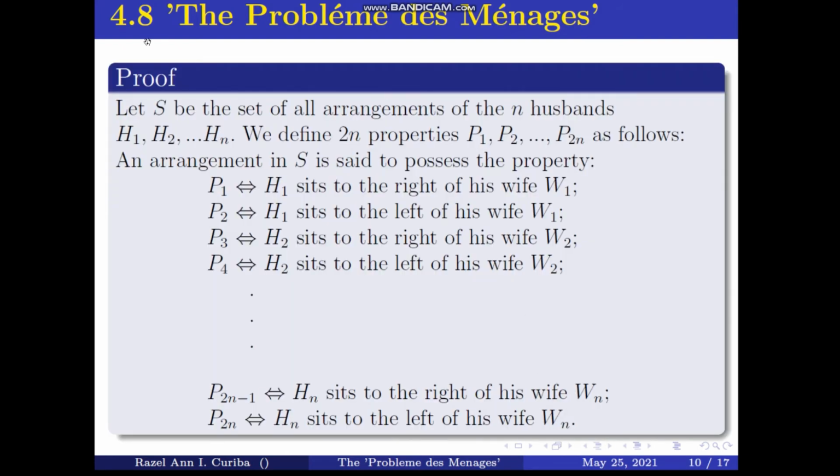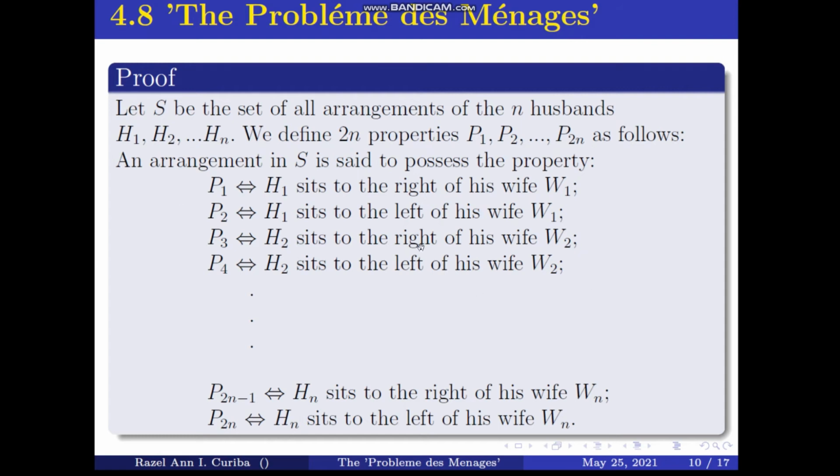So for the proof, let S be the set of all arrangements of the n husbands, h sub 1, h sub 2 up to h sub n. We define 2n properties, p sub 1, p sub 2 up to p sub 2n, as follows. An arrangement in S is said to possess the property